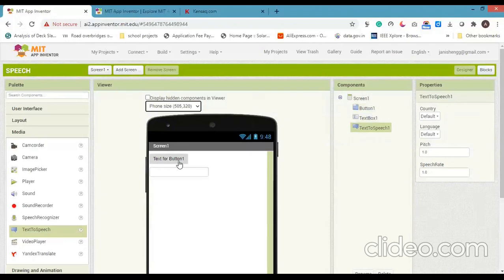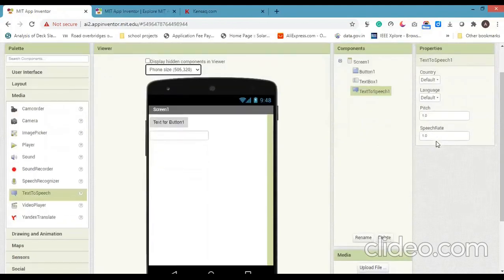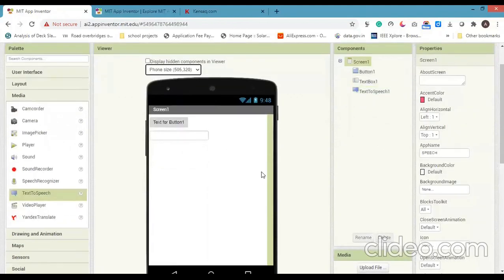One is button, another one is text box, another one is screen, another one is text to speech. Properties: the properties are used to change the font size, color, alignment, background color, background image, text color, size of the input and output blocks, shapes, etc.